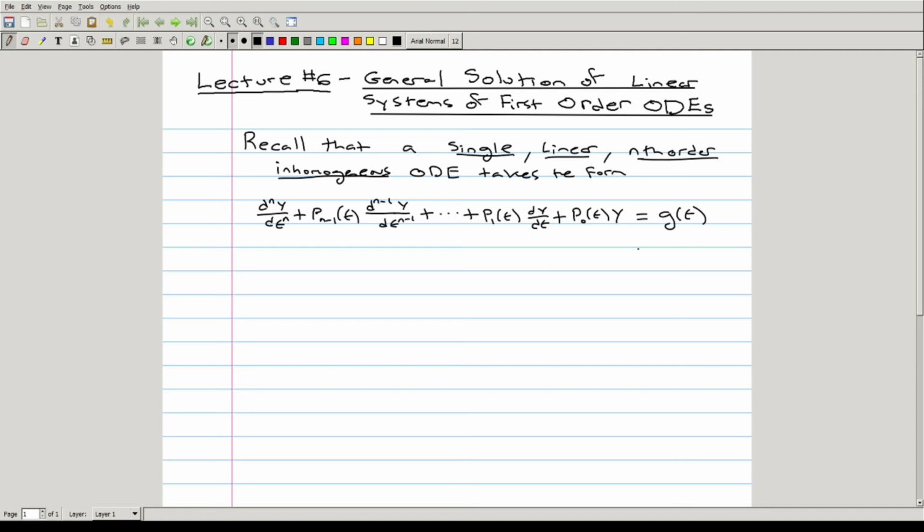So today's lecture should hopefully clarify some of the reasons that this is a valid solution procedure, and it's going to have a very similar way forward when we try to solve first order systems. And the reason behind this is relatively straightforward. This single ordinary differential equation can be rewritten